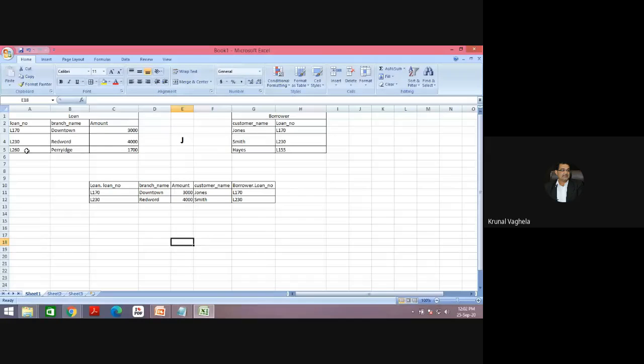Now you see L260. Is there any entry for L260 over here? No. So this will not come in our join, because there is no entry with loan number 260 over here. Now in this, L155, is there any L155 here? No, there is no L155 over here. So this entry also will not come. So in your result, there will only be two rows where your loan numbers are matching.